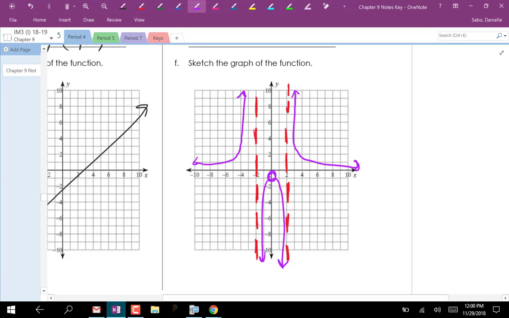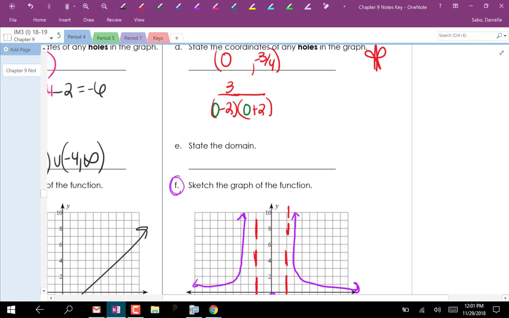I get that. But really the only part that I'm concerned about is that you have these dotted lines representing that the graph can't touch it, and the zero, this little circle part here. So the only new part that we learned today was F, which is this graphing part, and the only new part also was D here. The other stuff you've done before, so that's why we're taking every day to build off of each other. Tomorrow, all day will be review, because I don't want to move on. I want you to master